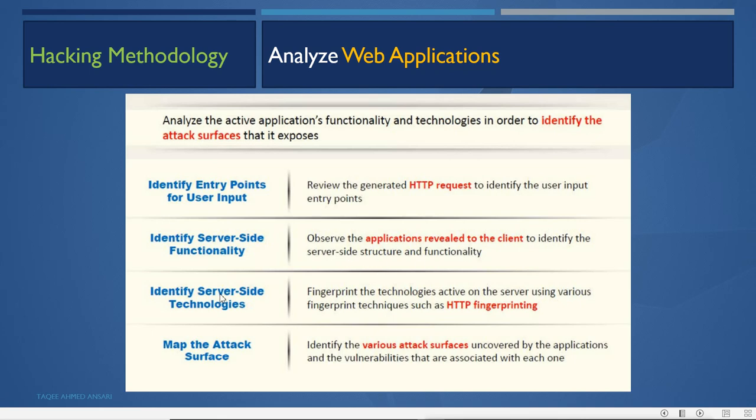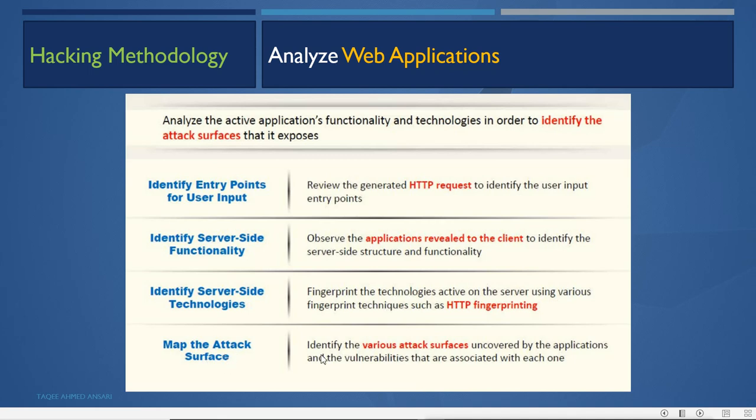Identify the server side technologies. Then fingerprint the technology active on the server using various fingerprint techniques such as HTTP fingerprinting. So we try to see the response from the server, the HTTP response, and try to find out the technology it is using. Then map the attack surface.